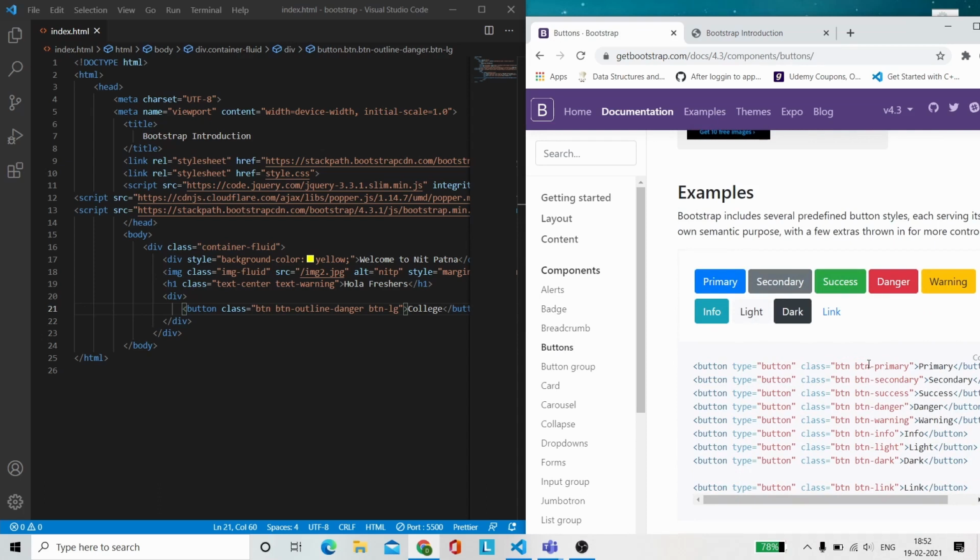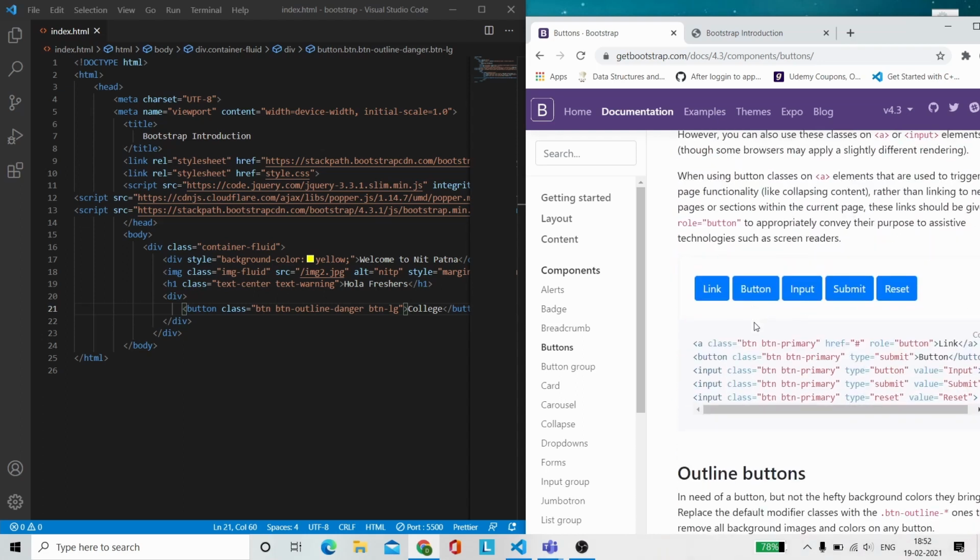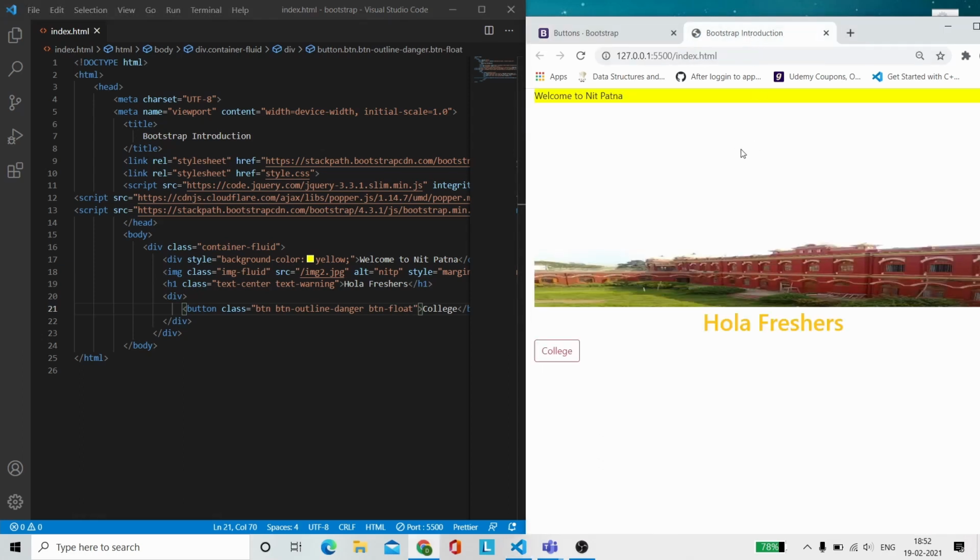They have btn-primary, which is having a blue color. Similarly, you need to add this btn class. This is necessary for adding any other class. For example, I want my button to float in the entire screen. I can simply write btn-float, and then my button will float in the entire screen, and it is not.